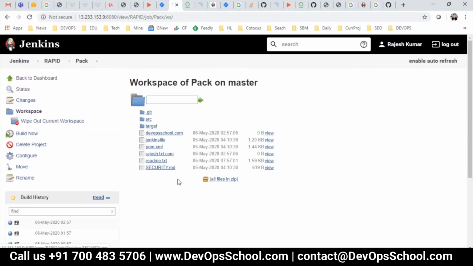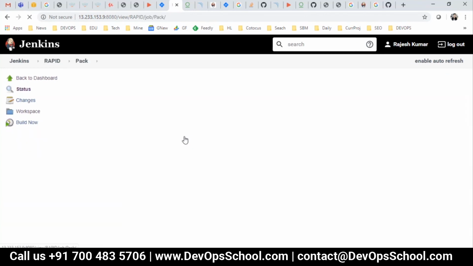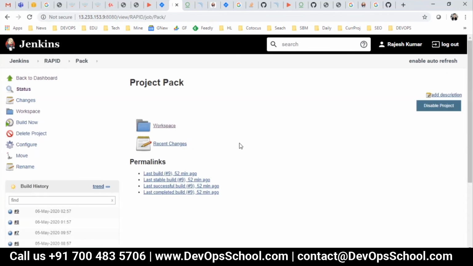I see the package has been created here somewhere in the target folder. See, this is the package. But the problem here is if the person is not comfortable with this UI part, then he'll struggle. I need only the package. So give me the package somewhere here. What do we do now?